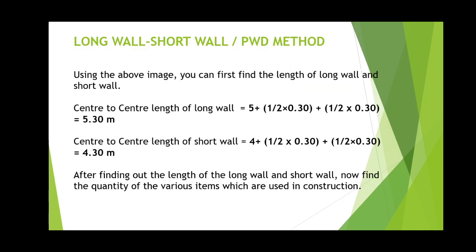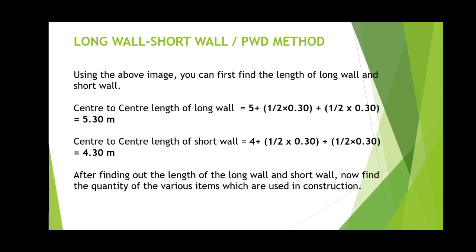Now, the center to center length is 5 plus half width from one side, that is one half of 0.3, plus half width from the other side, that is one half of 0.3. The total center to center length of long wall is